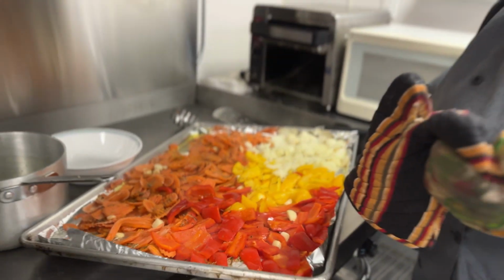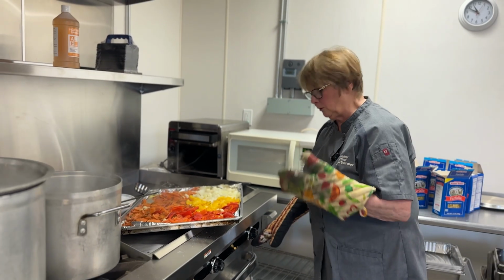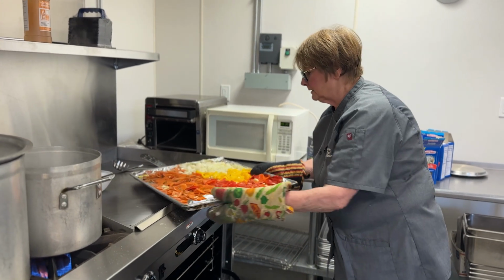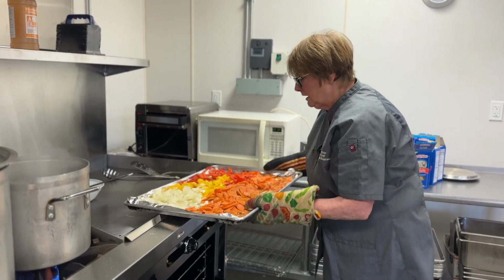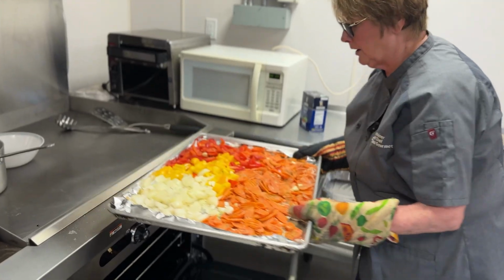So I'm gonna put these back in the oven, and it's time to put the farfalle, which is bow tie pasta, in the water to start cooking. Okay, buddy, you're going back in. Let's switch you around this time. Now, when you roast the vegetables, there's a lot of water involved. Woo! There was a hole in this pot holder, so,